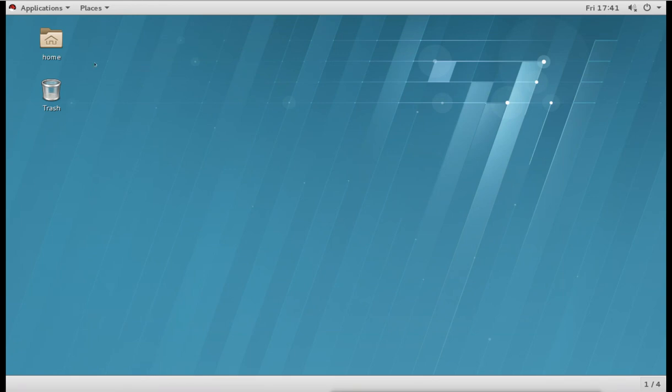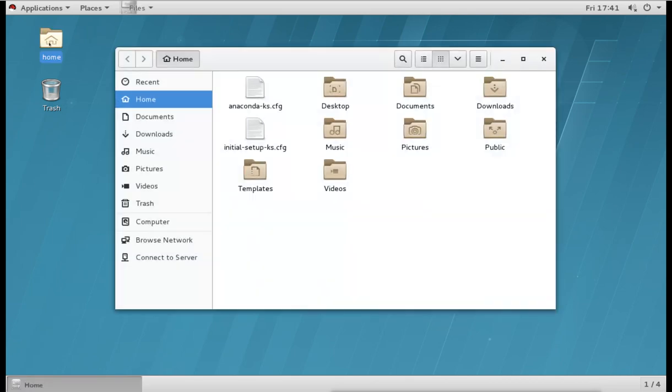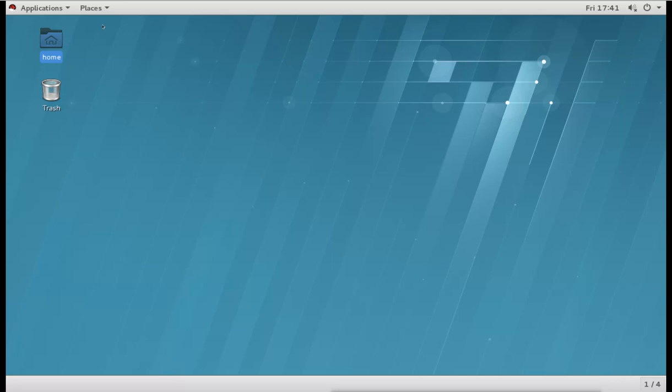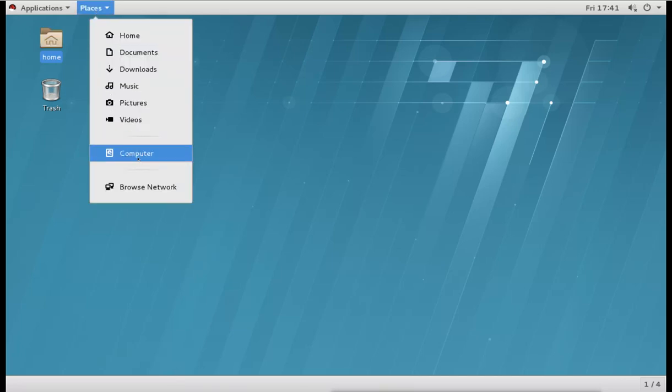Now this home directory is the root user's home directory. If you open this, you can see the same directories are there, and also you will see these two files. These two files were not there in the normal user's home directory. This is the administrator, the root user's home directory. Now when you go to This PC,